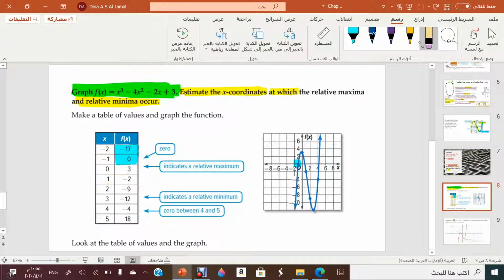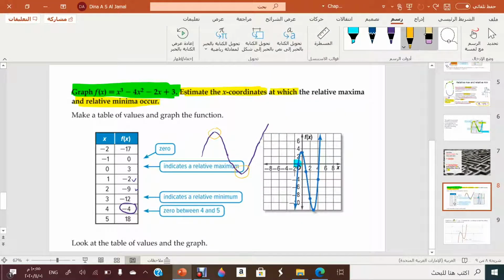Now we studied the roots. Let's study the maximum and the minimum. So look at the values, minus 17. Then it started to increase until it reached 3. Then what happened? Suddenly it decreased: minus 2, then minus 9, then minus 12. Then minus 4, what happened? Suddenly it started to increase again until it reached 18. So, which will give you the indication that here you are having relative maximum and here you are having relative